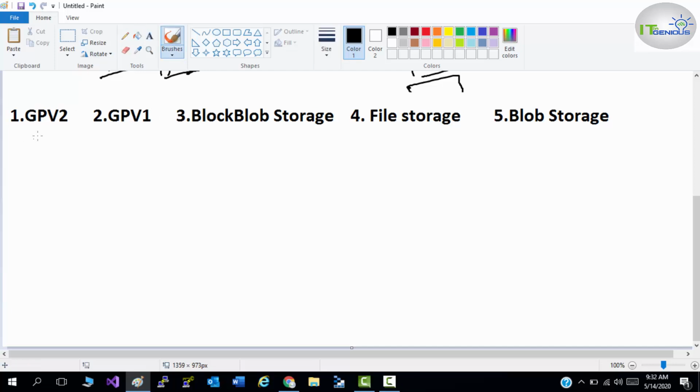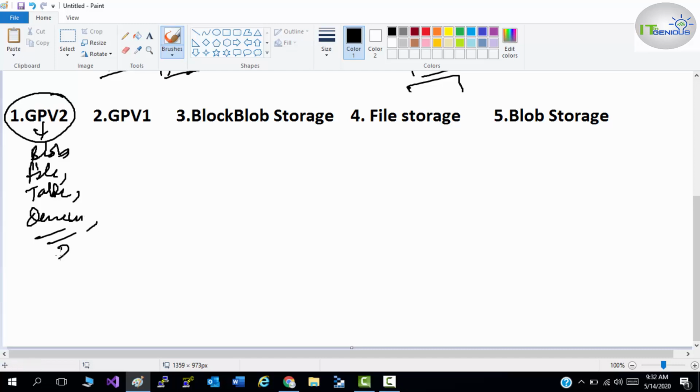GP version 2 is the latest one, and Azure recommends it if you are going to use blob storage. It supports all kinds of services like blob, file, table, and queue services.